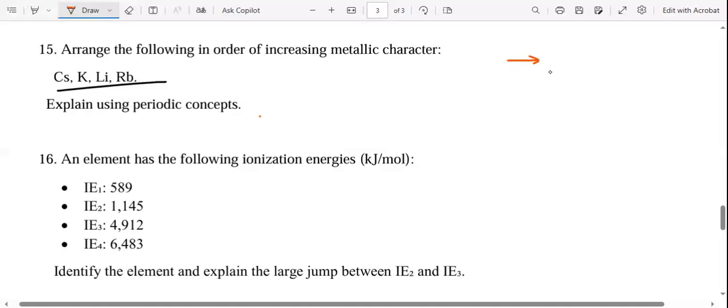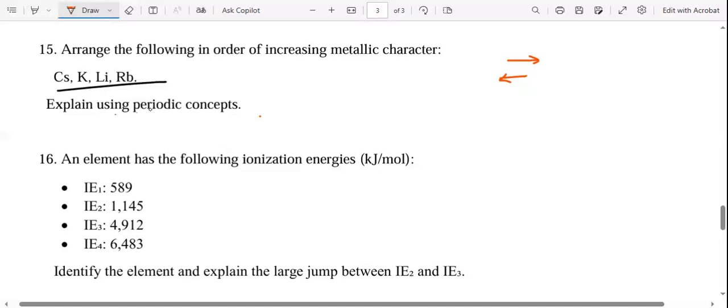As you go this way, the metallic character reduces, and as you go the other way, it increases, because the most metallic are the alkali metals and alkaline earth metals, group 1 and group 2, then followed by the transition metals. Going to groups 4, 5, 6, 7, they are becoming metalloids or becoming